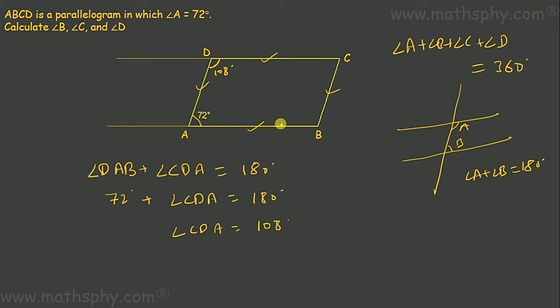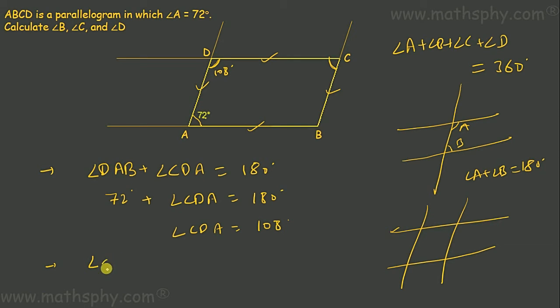Now let's extend AD and BC also. AD and BC are two parallel lines, and both these other lines will work as transversal lines. Again, these two are parallel lines and these two lines are transversal lines. This angle here and this angle here are angles between two parallel lines on the same side. It means what we can write here,